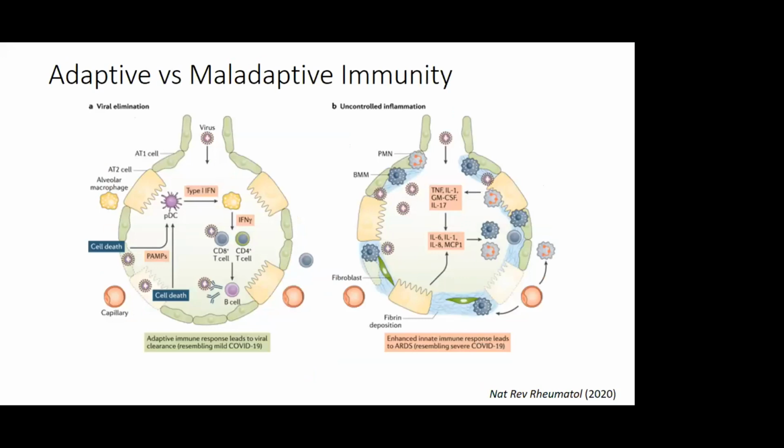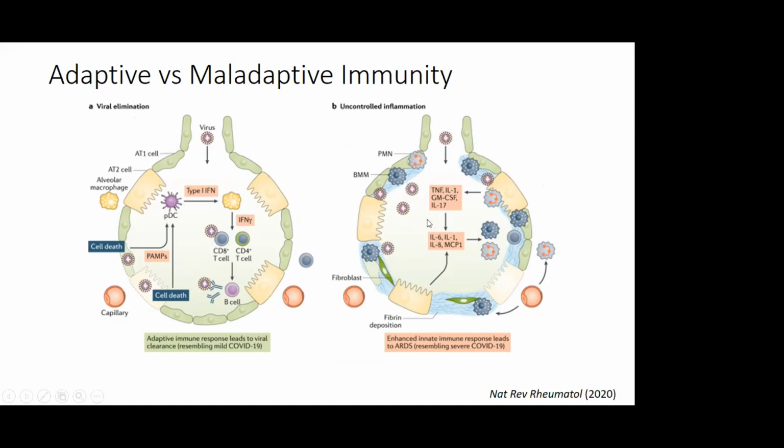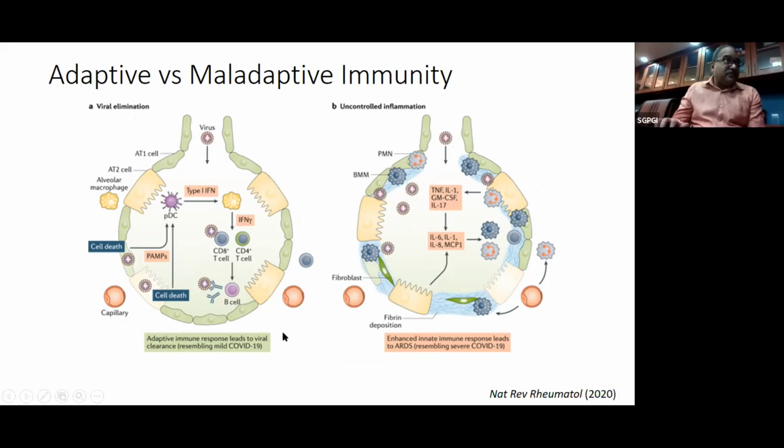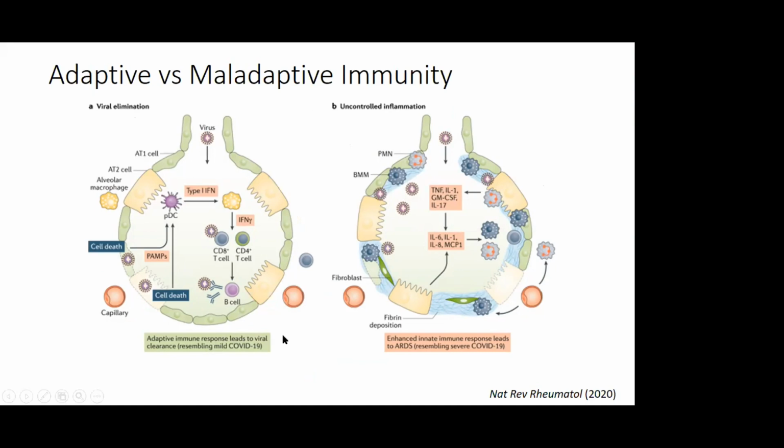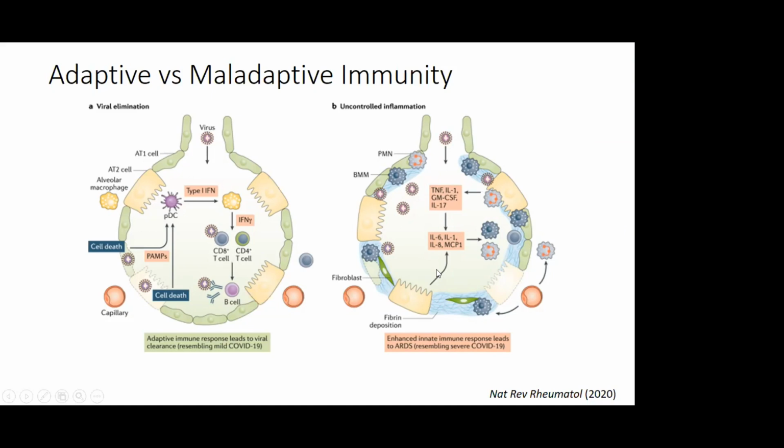So here I have shown that had it been a normal immune response, there would have been good type 1 interferon secretion, which could have led to the killing of the virus and minimal damage to the lung. This is probably happening in most of us who are asymptomatic despite having the infection, or having mild COVID disease. However, in patients who have severe COVID disease, the type 1 interferon response is poor,